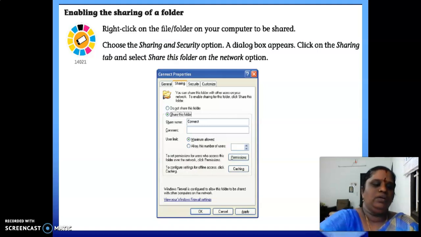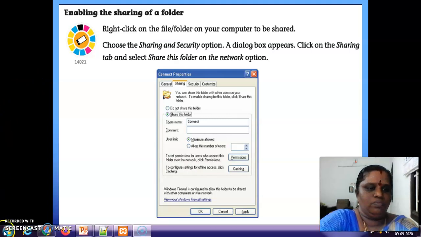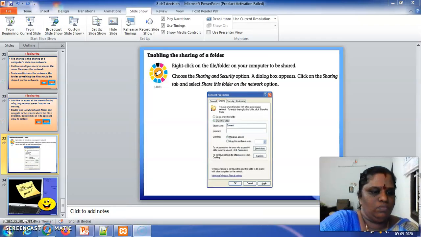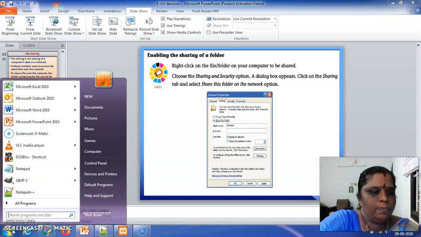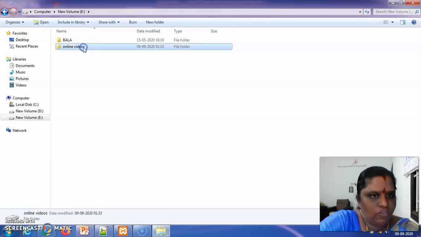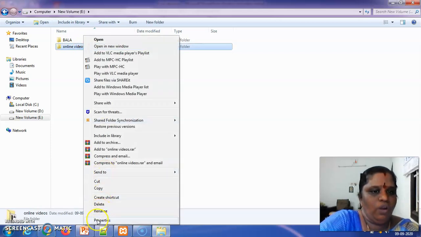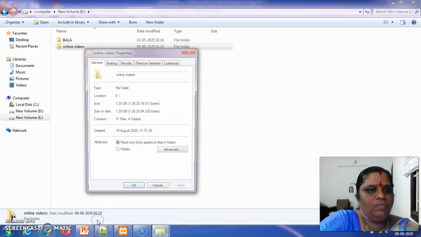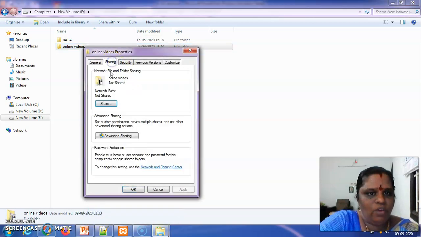See here. I am going to share this file. See, Sharing and Security here.